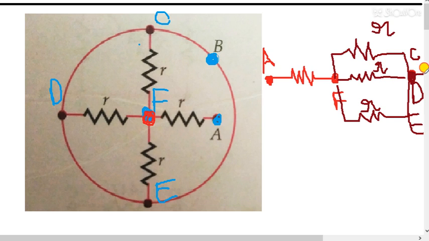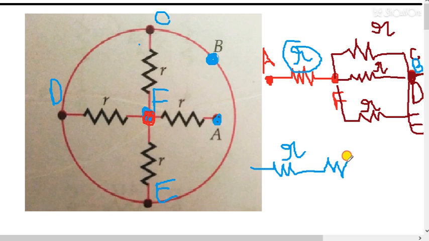Now D point, we can say D point is also B point, because B is common with C. Potential at B is same as C. So in this circuit, between A and F the resistance is R. So it is a single resistance, we can make as it is. So it is resistance R. Now these three resistances of small r are in parallel, that means it will give me a resistance of R by 3. If you know series and parallel concept, then it will be more clear to you.